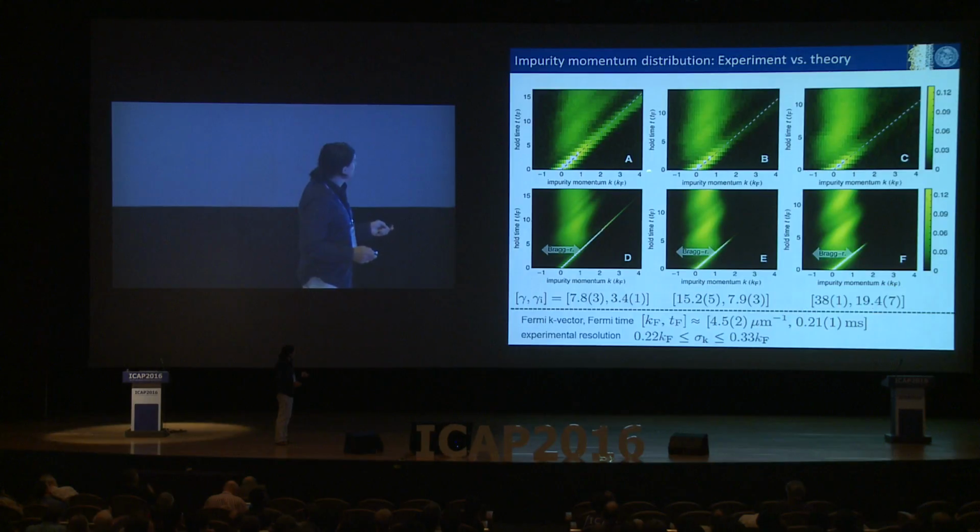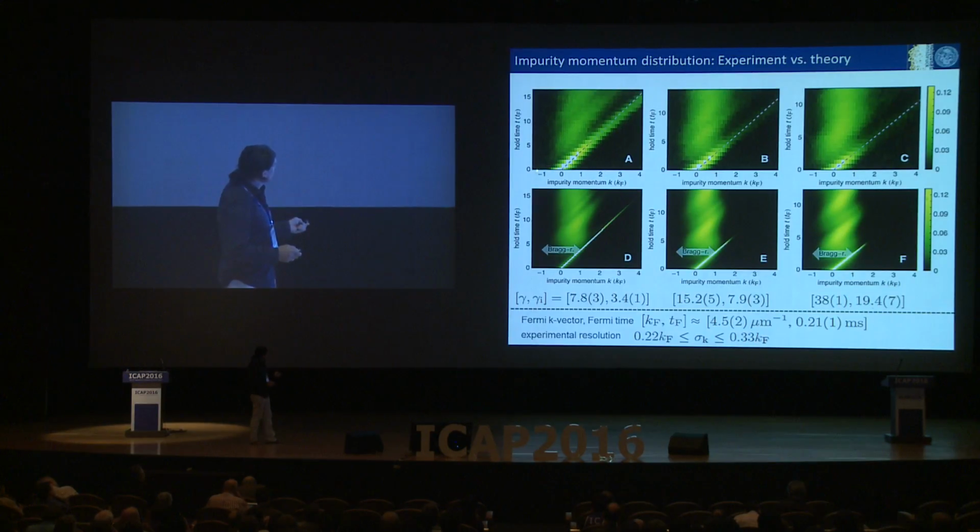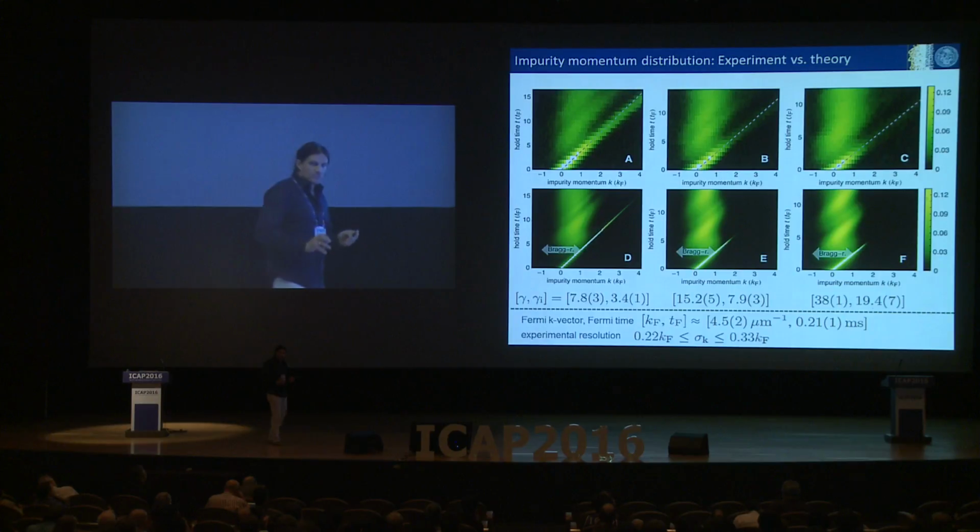Let me first show you what the experiment shows: when we tune up interactions, we deviate more and more from the free-falling case. Actually, in the end, you see there's nothing free-falling anymore, and you can see that there are wiggles in our momentum distribution. What we plot here is the momentum distribution in false color as a function of time. Each of these slices is one momentum distribution. To measure this momentum distribution is a little bit tricky, because we expand only in 1D with no interactions. So for measuring that, we switch off interactions abruptly, and then in time of flight measure the momentum distribution. The time of flight is not infinite. That leads to some initial broadening in what we measure. And also our wave packet is not a delta function initially. So one can quite nicely see that there is something happening here, that there are wiggles in this